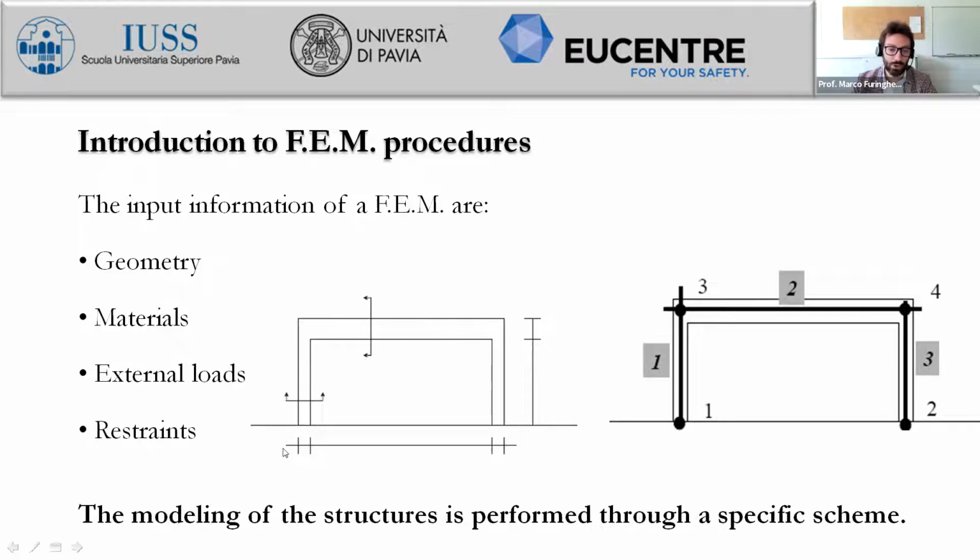And according to this geometry, we have to switch to the bold geometry, which is actually the finite element model geometry. And it is directly associated to the typology of the finite element that we are going to adopt, simply because we are going to consider and to use frame elements, and frame elements are defined according to the centroidal line. So this means that we have just to draw lines which are centroidal with respect to the